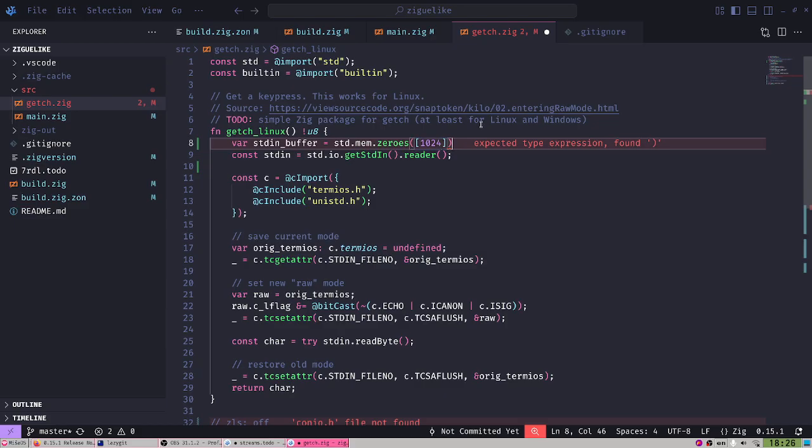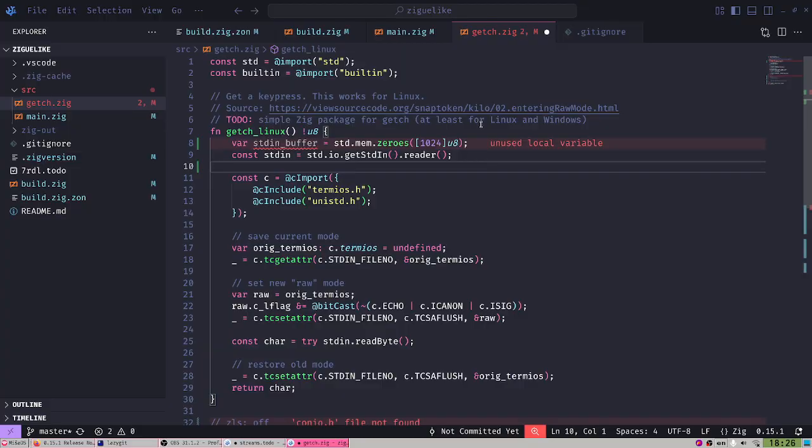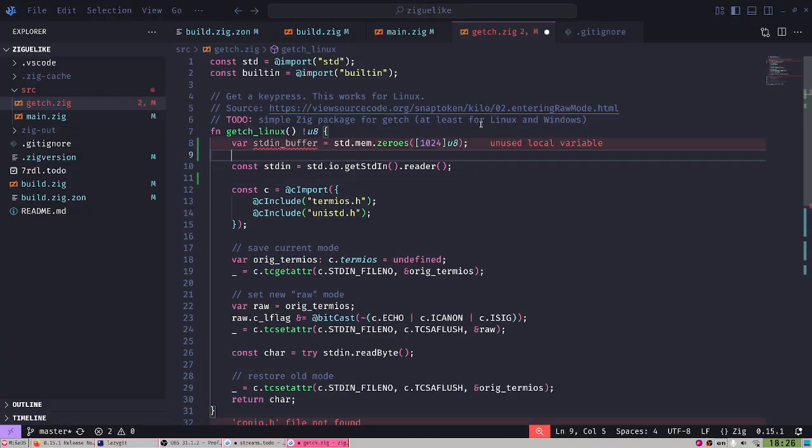I think that the input is just 1 character, but let's do it this way anyway. So stdin buffer, and I'm gonna provide a stdio doesn't exist, but we're gonna do a stdin reader.